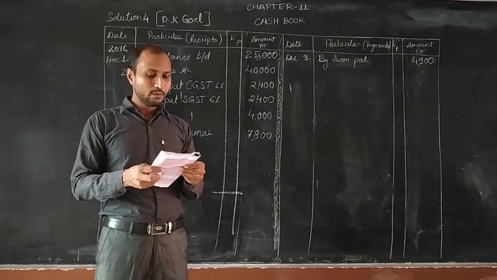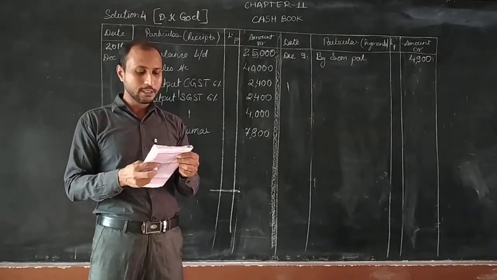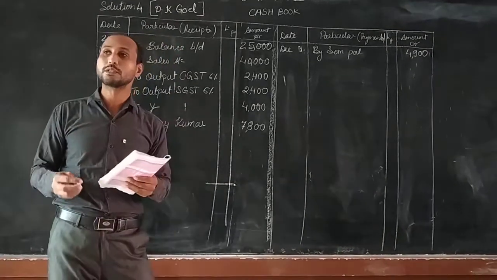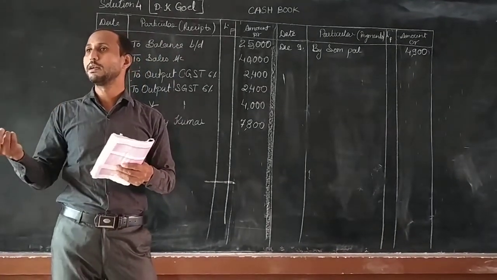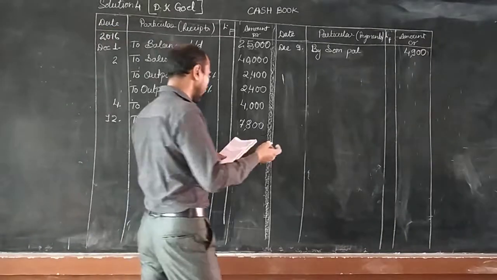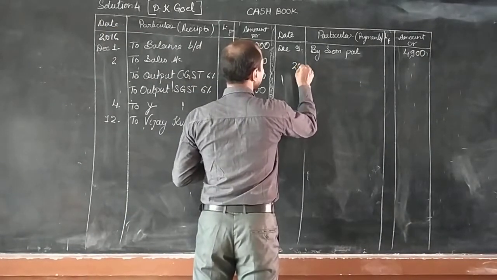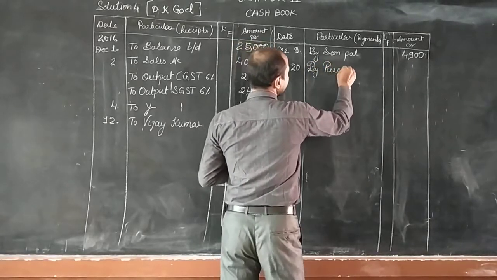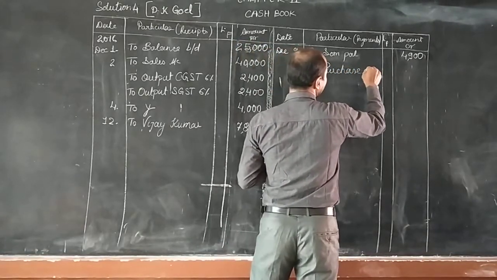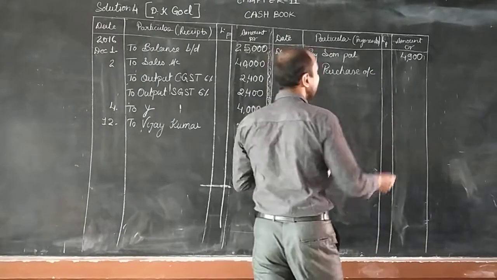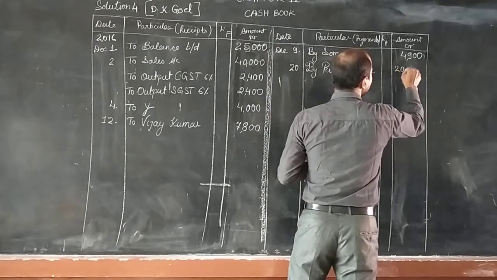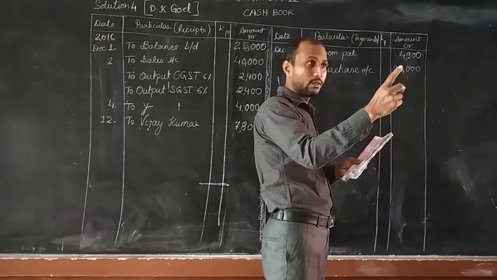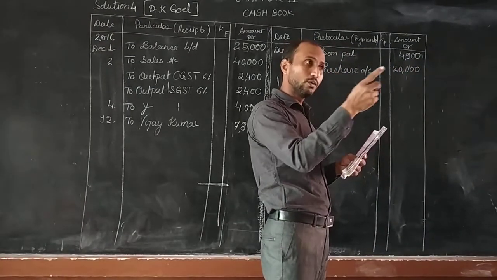Okay. Now bought goods for cash, CGST and SGST is also given, 20,000. Obviously, if you purchase the goods, it will be recorded on the payment side. So here the date is 20. So on 20, it will be your purchase account. How much purchase have we made here? 20,000. Who is the calculator on this side? I want your voice. Nobody else will answer it. You have to answer only.